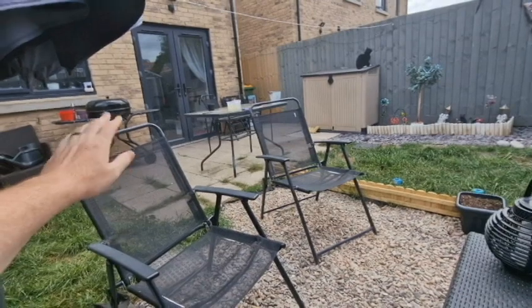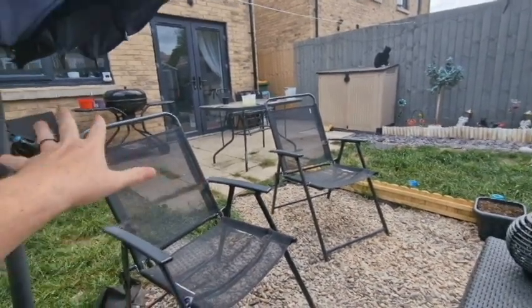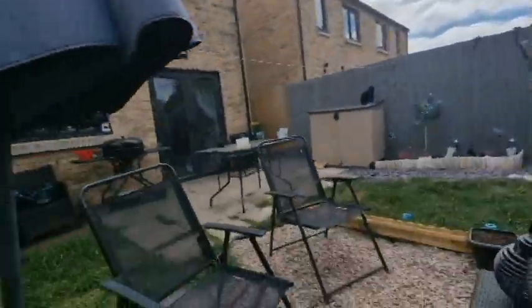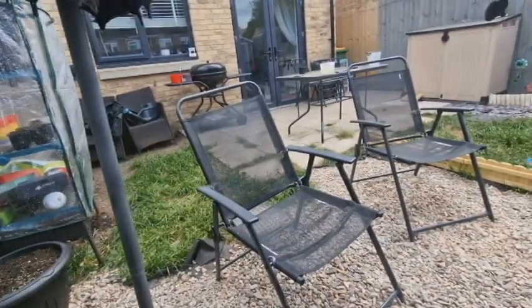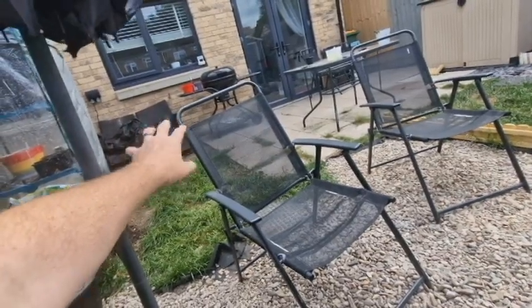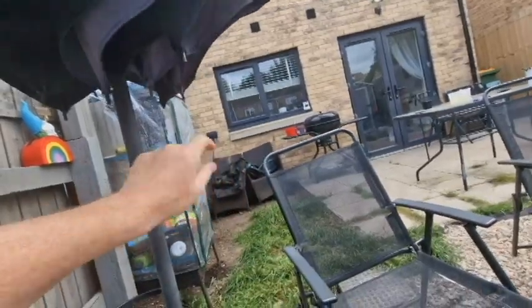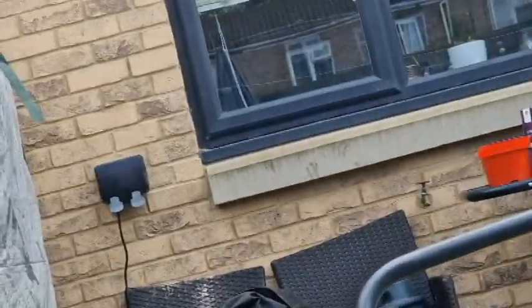The barbecue's been moved to the house now. That should normally have a cover on, but we weren't expecting the weather to be a bit dreary and windy today. As you can see, we're getting rid of these two chairs because they're so old and rusted. If you sit on them, you're probably going to go through them. We had an electric point fitted,